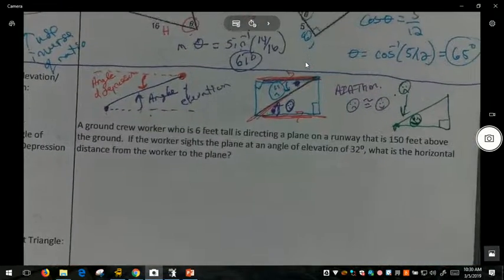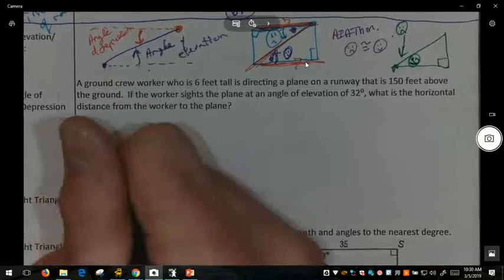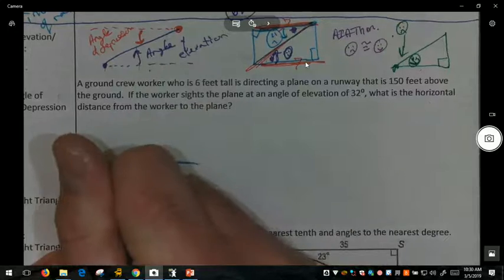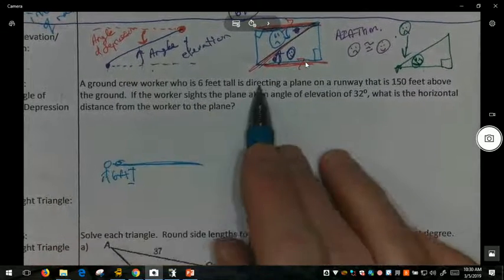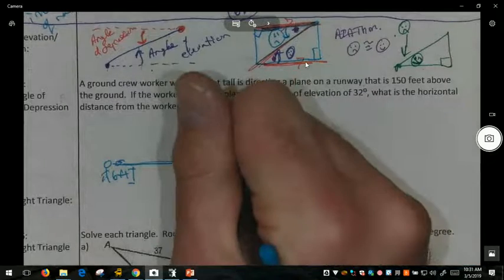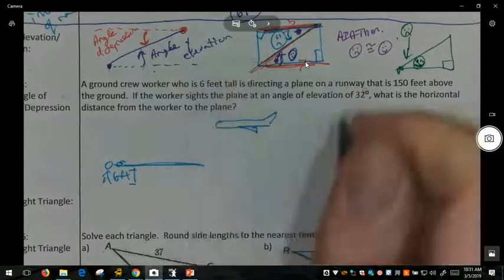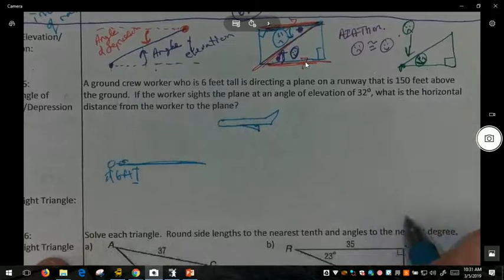Let's take a look at an application problem. The ground crew worker who is 6 feet tall, that's going to be important because that's where our sight line is. So this is 6 feet from here to here. Is directing a plane on a runway that is 150 feet above the ground. So here's our airplane. Mr. Ritter's not a very good artist, so you'll have to forgive me. There's our airplane, and this airplane, we know its altitude